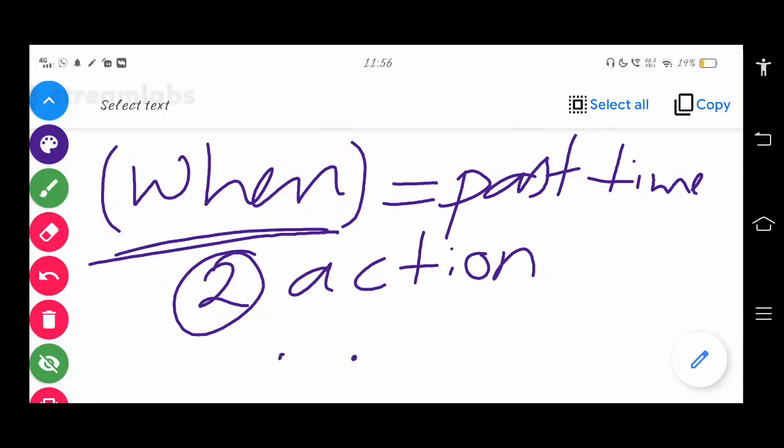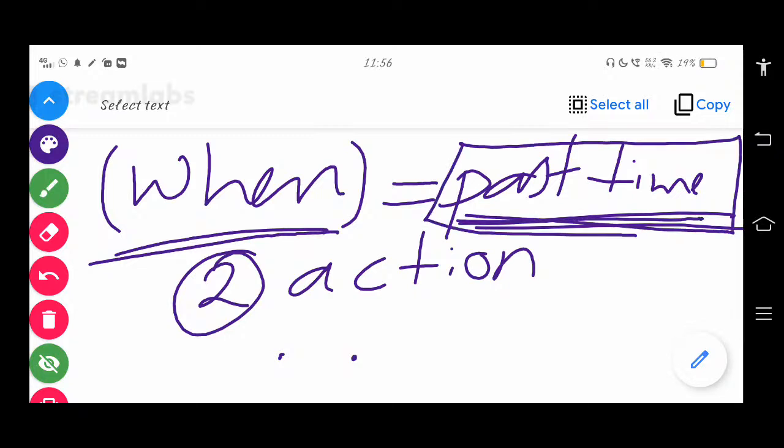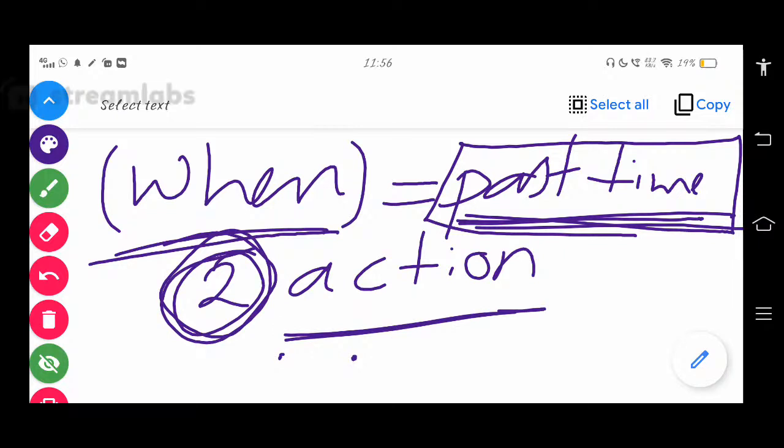When this linker is used in the past time sense, as in the example I showed you, it is definitely used to express two actions. But when those two actions are involved by two different people,